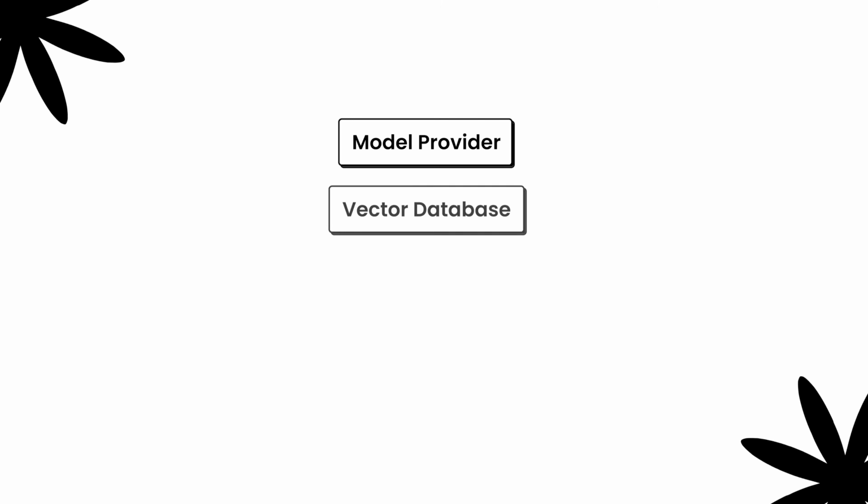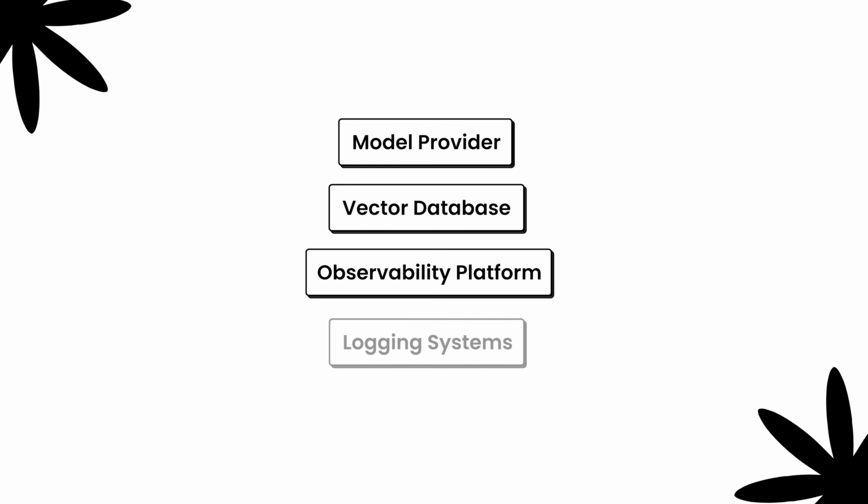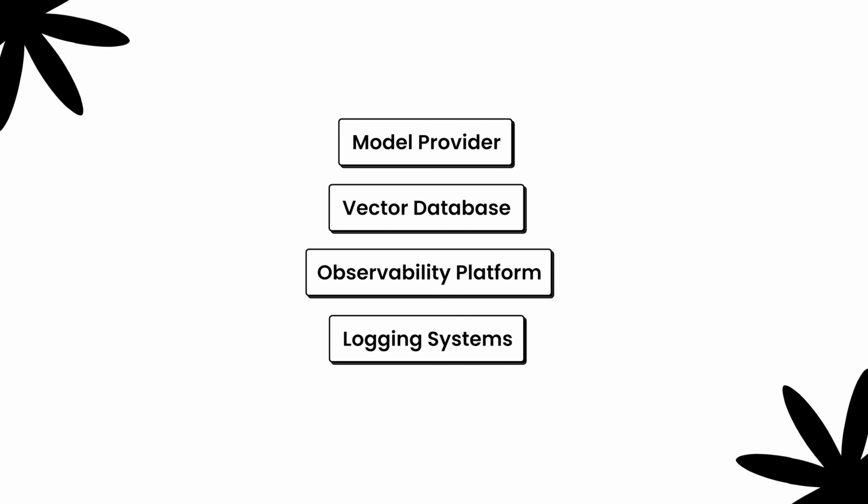Now for privacy, send the minimum data needed to the model. If the model only needs appointment ID and availability, do not send the full patient report. If it only requires a summarized ticket, do not send the full customer history. And regarding PII, always mask PII at the right time. Set retention TTLs for logs, traces, and conversation archives. Make sure that you're keeping the sensitive fields out of the prompt unless they are required for the task. Your model provider, your vector database, your observability platform, and logging systems are all part of your data boundary.